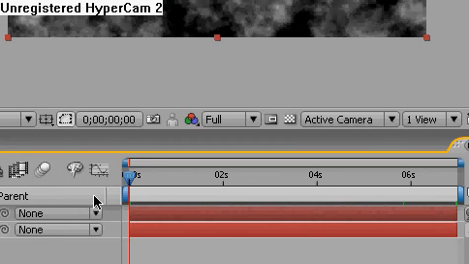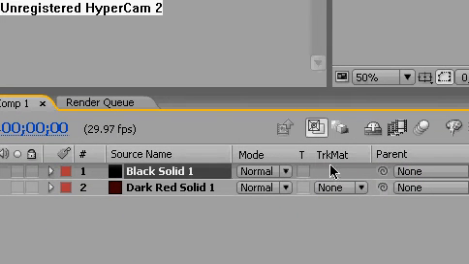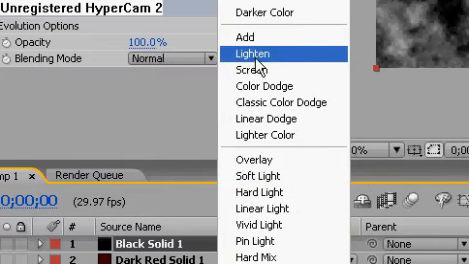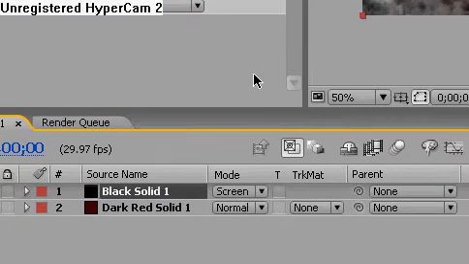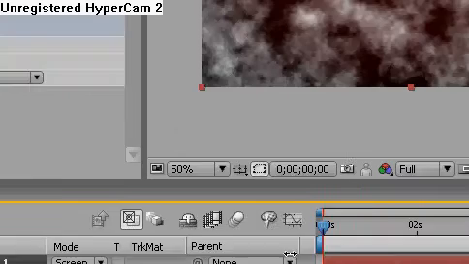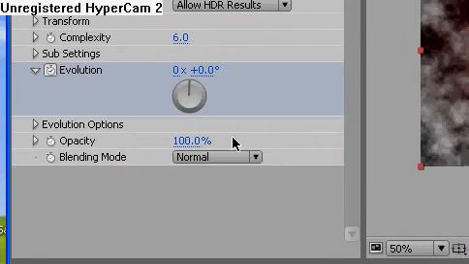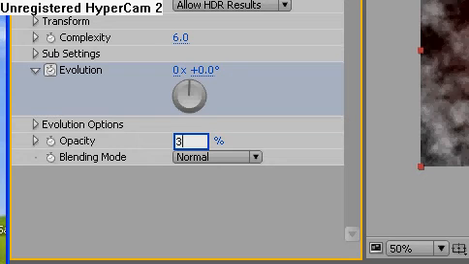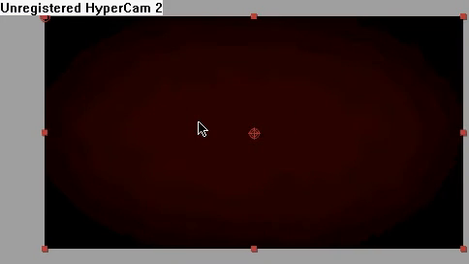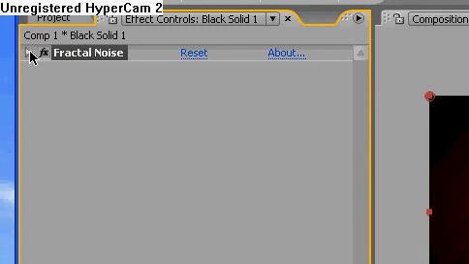mess up the video. Right now, after that's done, you're going to click on this and change the mode to screen, which is up here, right there. And if you don't see that, hit F4, or you can click on toggle switches and modes, and you should be able to see your background color, which mine is red, so I see it perfectly. Change the opacity to either like 3 or 2%, and it'll kind of give this like bumpy cloud color, and it's really cool. And so I'm gonna put up this fractal noise so it doesn't take up so much